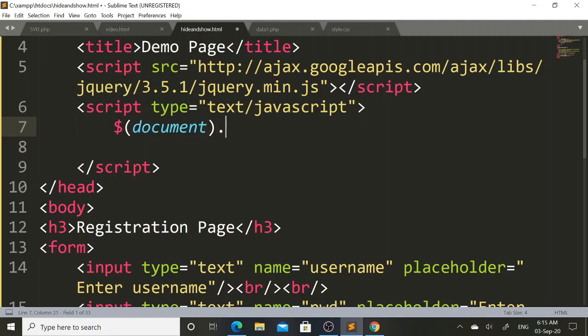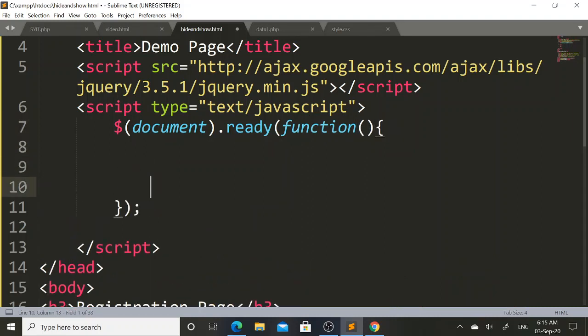Then using dot operator I will call here ready function. In this ready function I will mention function, open parenthesis, close parenthesis, then open curly brace and close curly brace.